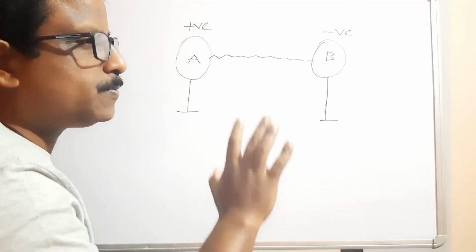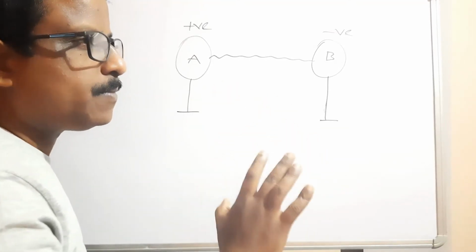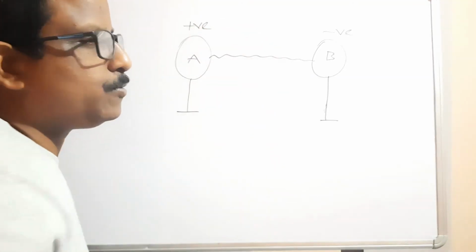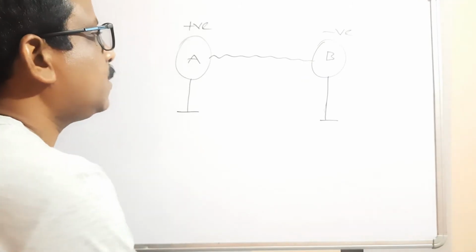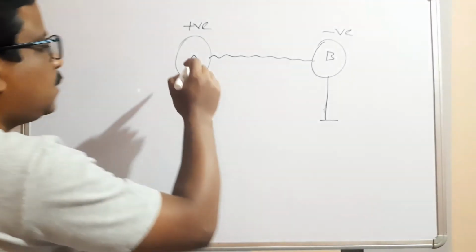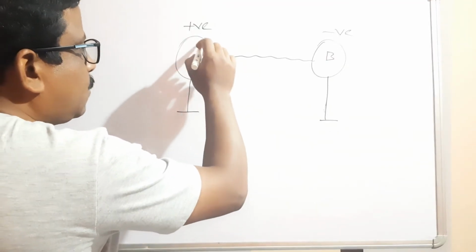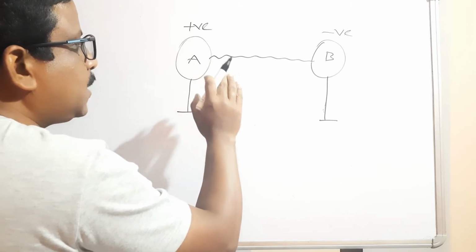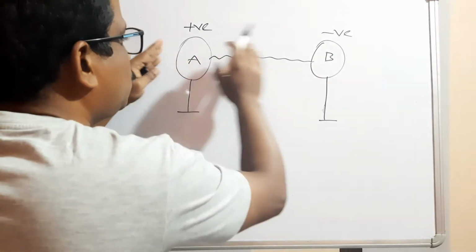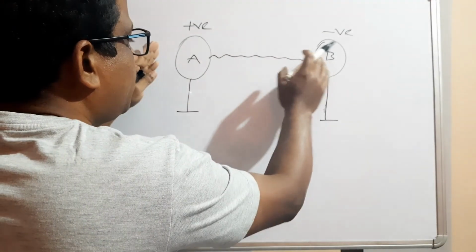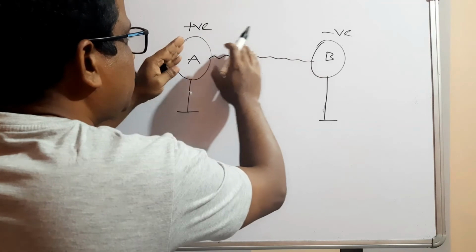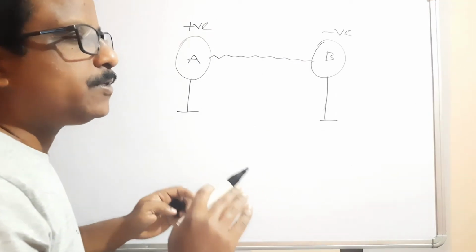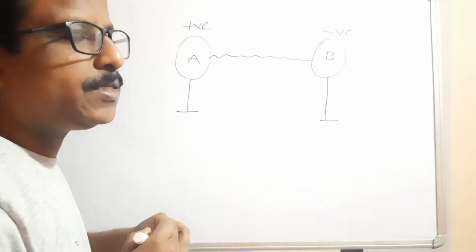Now water flows from a higher level to a lower level, heat flows from higher temperature to lower temperature. Like this, current also flows from higher potential to lower potential. Already I have explained. So when the current flows from higher to lower potential, it flows as long as there is a difference of potential between the two ends of the metallic wire, between the two charged bodies. When the potential is equal, it will stop the flow of charge, then current doesn't flow.